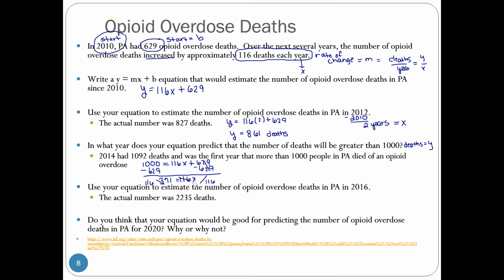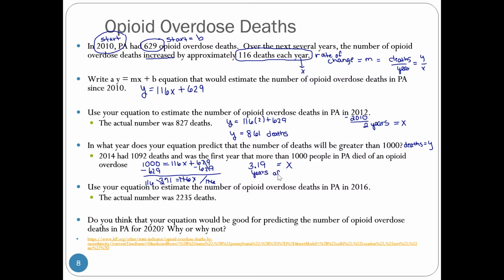So the 116s cancel on the right-hand side, so that's just x. And on the left-hand side, I go to my calculator, so 371 divided by 116, and that gave me 3.19. So this is years. So this would be 3.19 years